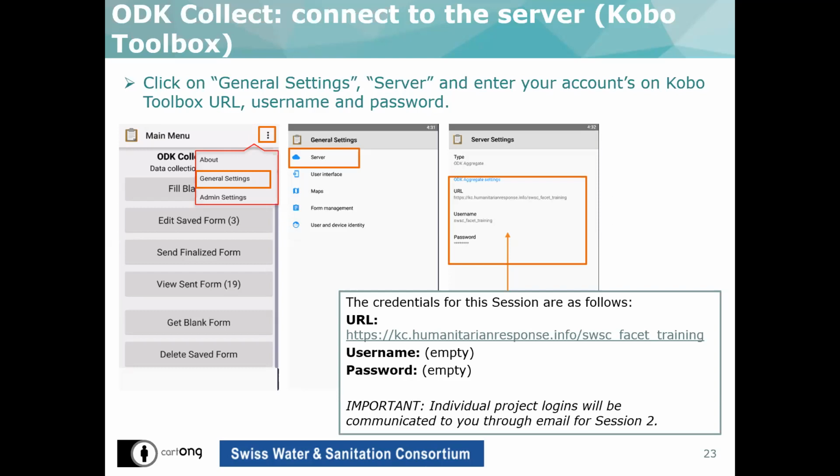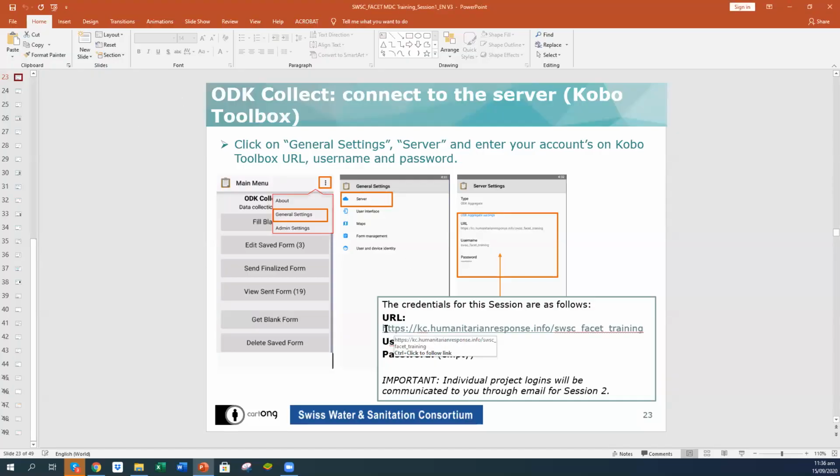Hi Claudia and John. Sure, you're welcome. I have downloaded the ODK Collect now, and also the form. I can see now there are 2 forms. One is the FACET WASH Survey version 2.1 and FACET WASH Training version 2.1. When I click on version 2.1, the healthcare facility survey, I see 2 options. One is the preliminary questions and general information. When I click again on the preliminary questions, it gives me a list of the 8 questions. So is this only for the training program for our homework,